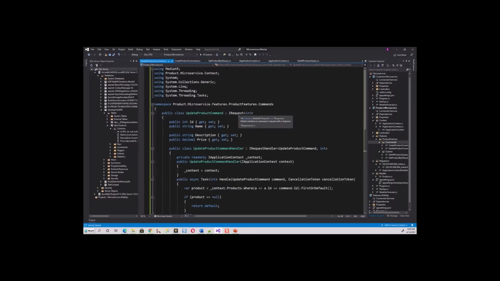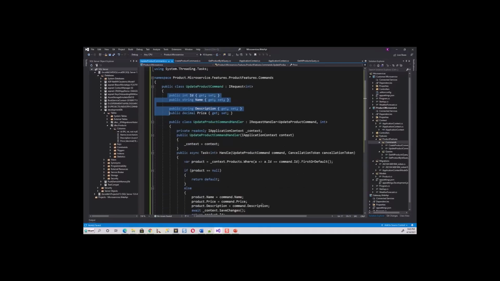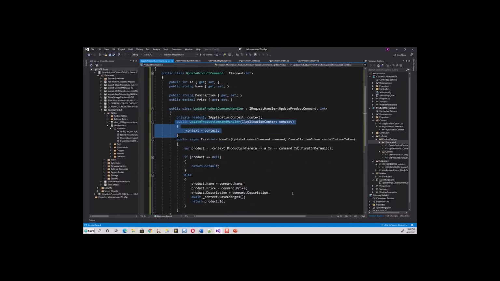It also implements IRequest integer, and then the product model is replicated over here, and update product command handler is also implementing IRequestHandler, and it passes this class and the integer parameter. Okay, and then it creates the constructor, uses the dependency injection to use context object, underscore context object, which is of IApplicationContext type, and this handle procedure asynchronously